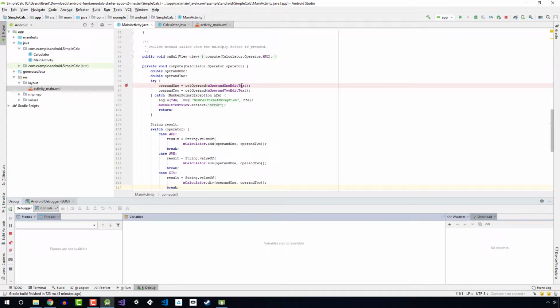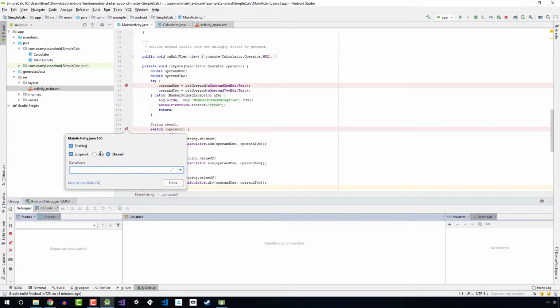What I want to do next is add another breakpoint, and we're going to show how we identify a condition so that we only break when a certain condition happens. So here I'm going to add a breakpoint at the start of my switch statement, and then I'm going to right click on that, and it automatically allows me to enter a condition. What I want to do is enter the following. I'm going to say operand 1, and it gives me hints as to what is available, is equal to 42,